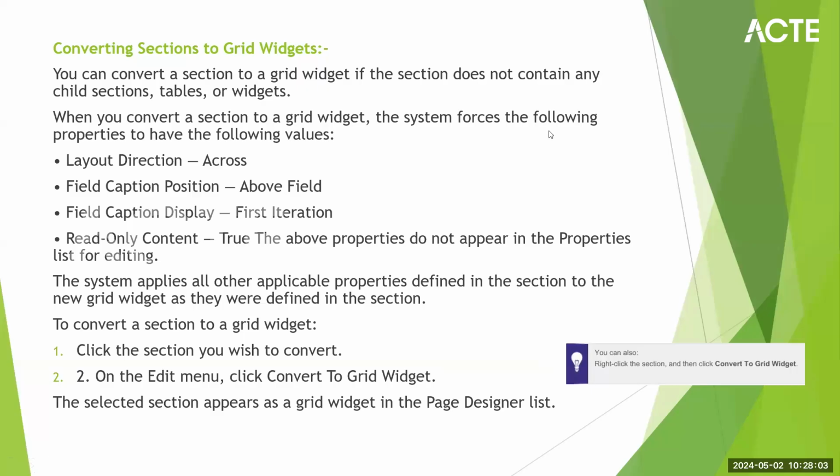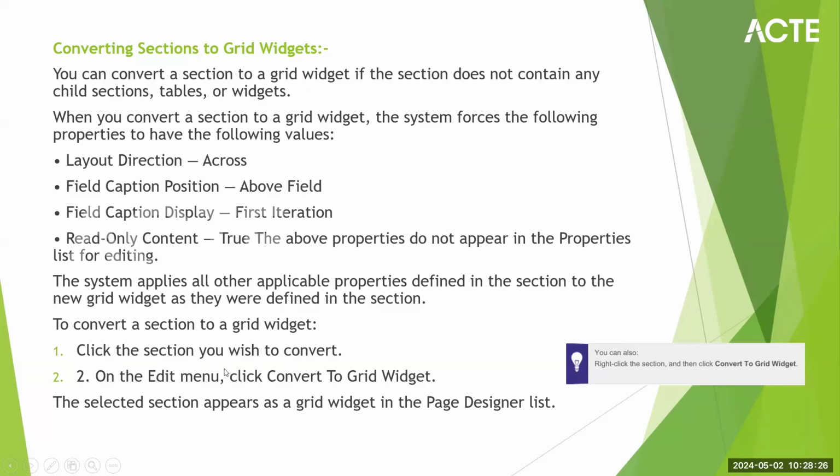On the right side, for that particular section, you can check these values, like the layout direction is across, or the field caption position is above field or not. It's already available in the right panel in the particular table. You just need to click the drop down. That's it. If it is not,